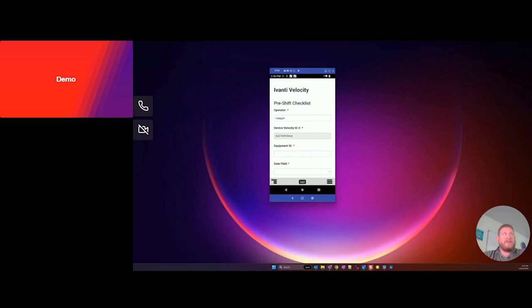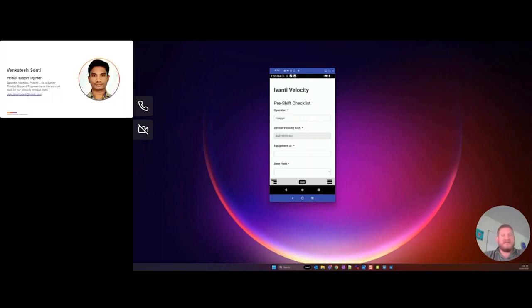We also populated the device velocity ID, which is a unique identifier that can identify this device for device checkout. So not only are we doing a pre-shift checklist on our forklift, we're also checking out and assigning the device to the